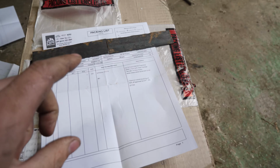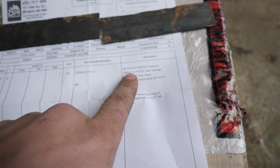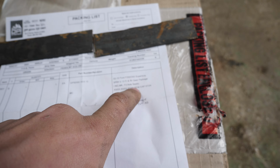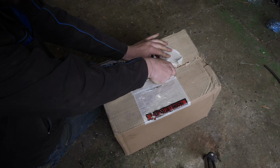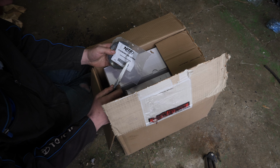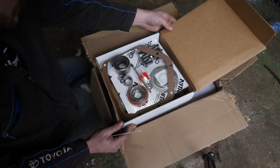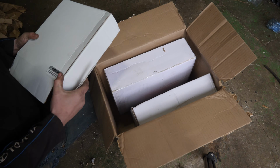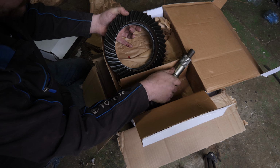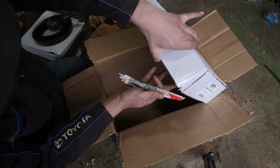Let's check it out. So far, it's not looking good. It says partial shipment there at the top. What I bought is a Ford Super Duty 513 front and rear gear package. Hopefully it's all in here. Rear pinion spacer, 08 to 2010 Super Duty. Those don't apply to me. Dana 60 front master kit. Cool, so that is the front kit. And this would be the rear ring and pinion. And safe to say that is the front ring and pinion. All